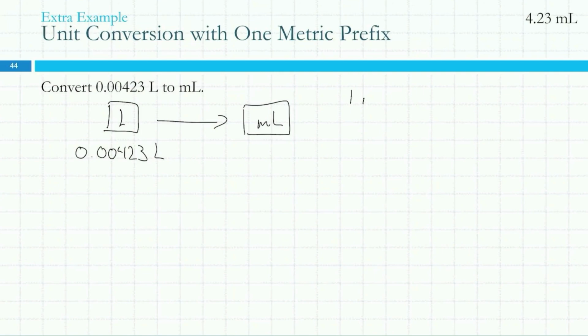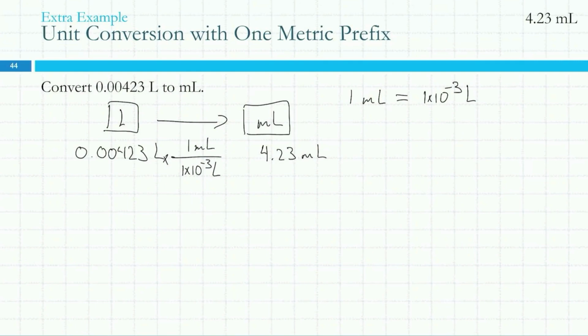So 1 milliliter equals how many liters? I have the answer, but I don't know who to say it. 1 milliliter equals 1 times 10 to the negative 3. Yeah. 1 times 10 to the negative 3, which is also 1,000th. So you can use that. 1 times 10 to the negative 3 liters, 1 milliliter. You plug it into your calculator. Calculator will say 4.23